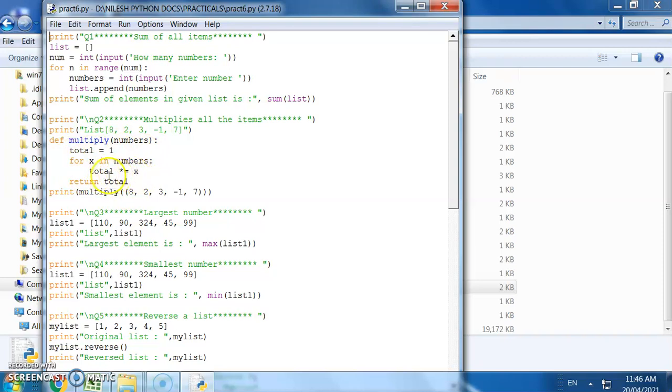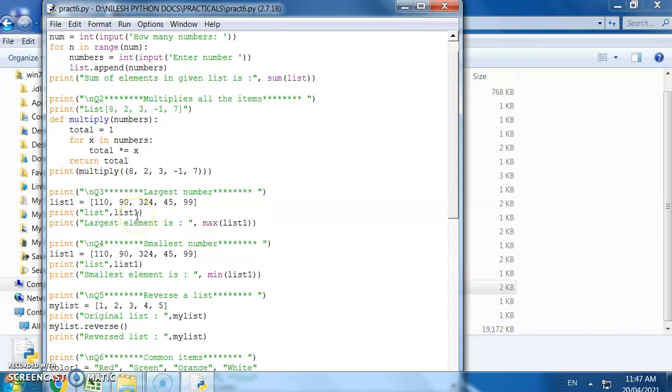Over here total = total * x. That means total is equal to total into x. So it will multiply by n number of elements and perform all the iterations till the end of the elements. Then it's going to return the total, and that total is going to be printed.